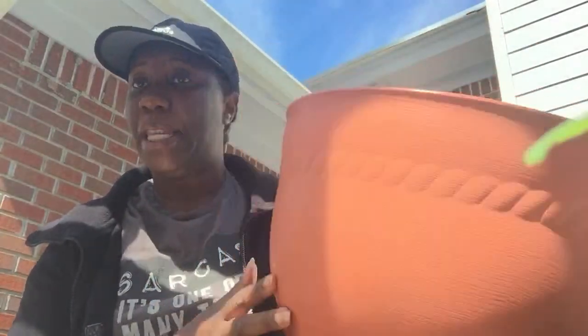So if you have $20 and you want to start gardening, you can get a $1 pot, plus tax where you're at. Now, I don't know about your garden center. Y'all comment and let me know. But since we are in coastal Georgia, they've started putting all of the mulches, the garden soil and the potting soil on sale. I know each place is different, so I don't know if they've put them on sale yet for you all, but right now it's on sale. I think it's the 32 quart potting soil. If you get a bag of potting soil, and then you want to go the $20 route,